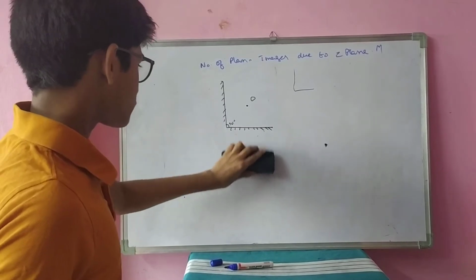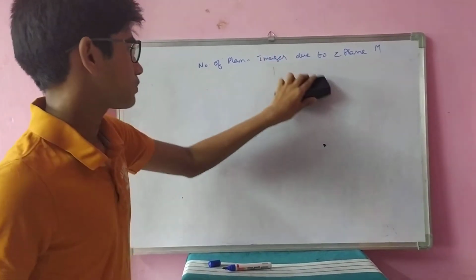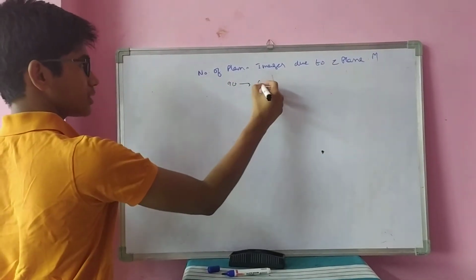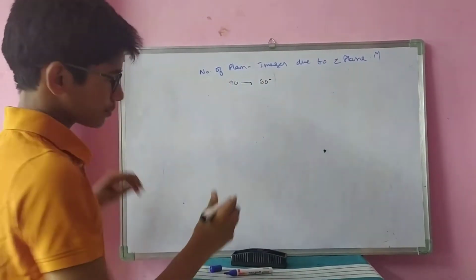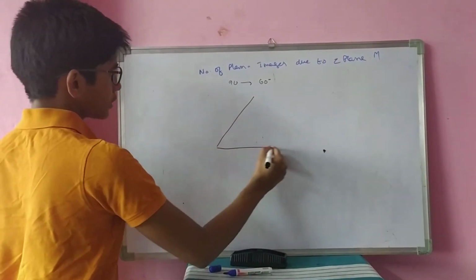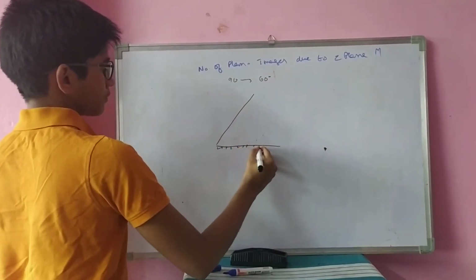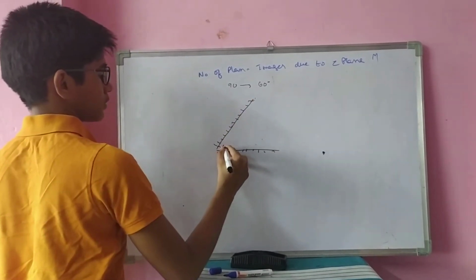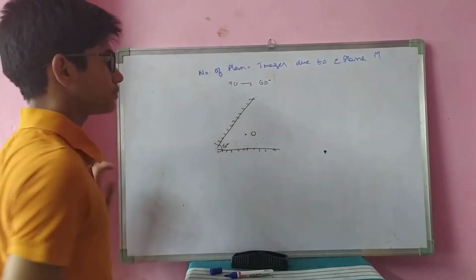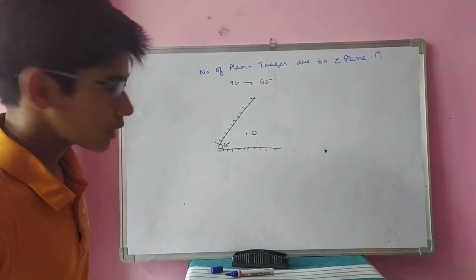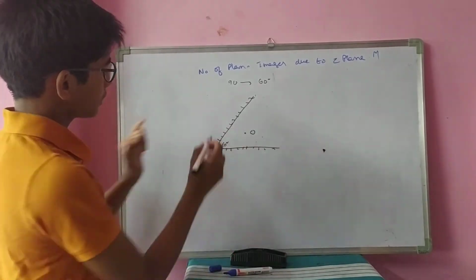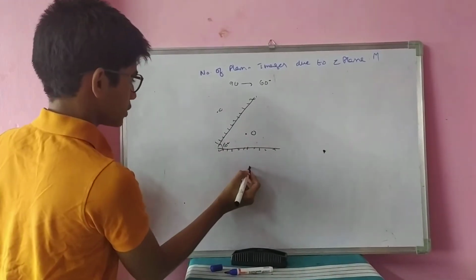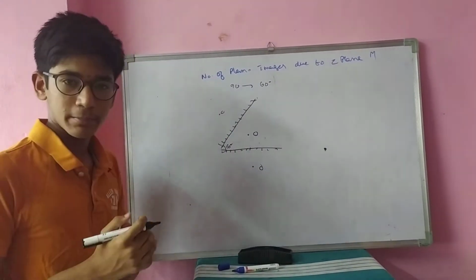But now I am decreasing the angle from 90 to some known angle, I am considering 60. I am placing these two plane mirrors at an angle of 60 degrees. Now I am placing an object here. For this object, this is an image, so here one image is formed. Generally, this is an object, and here an image is formed by the two plane mirrors.